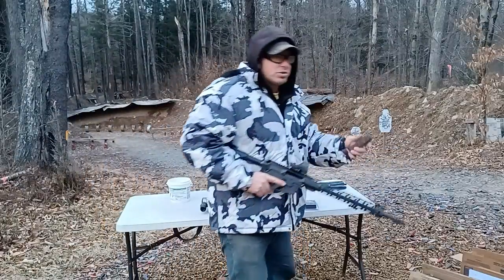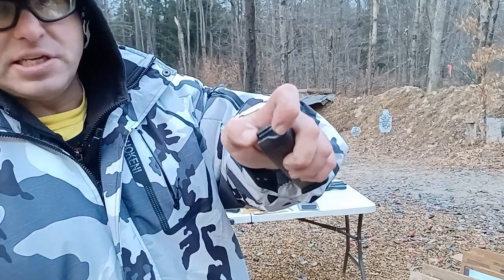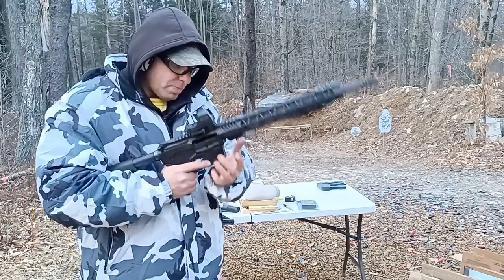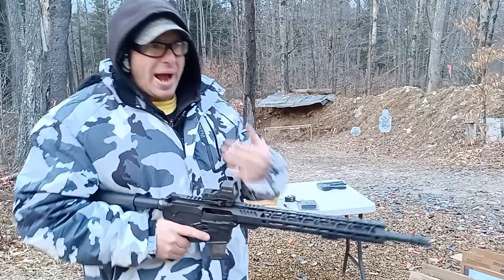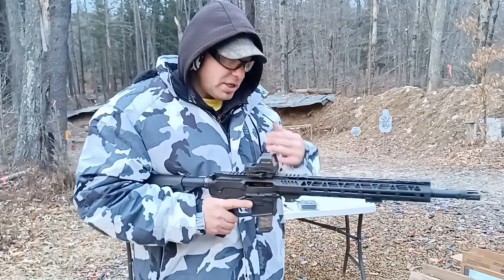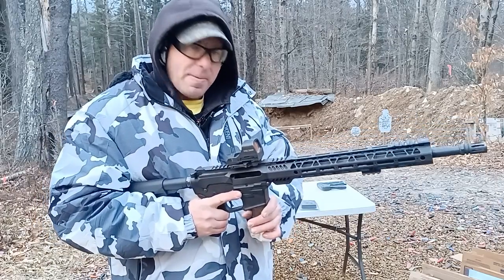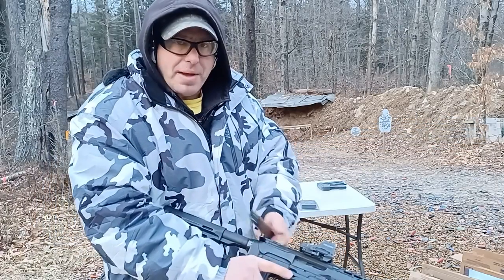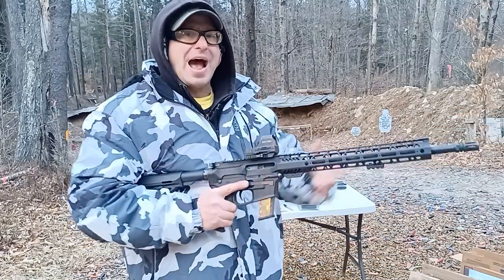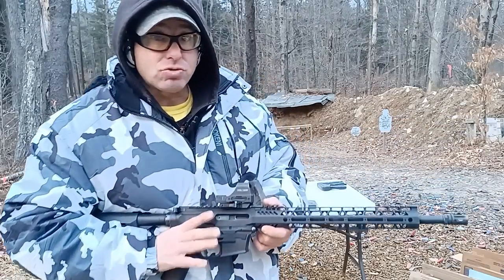Because here's the thing, I use these ETS magazines. These rifles are very rough on these ETS magazines, right? Because the bolt goes across, it chews up the feed lips. Over time, they get worn out. So sometimes, as these magazines get worn out, you can get jams because of that. So the procedure that I've adopted is, when I want to do a magazine change, I'm going to drop my magazine, run my bolt to make sure there's nothing in there, put the new magazine in, and then chamber a round. So I've had to add that extra step because it does not have that last round bolt